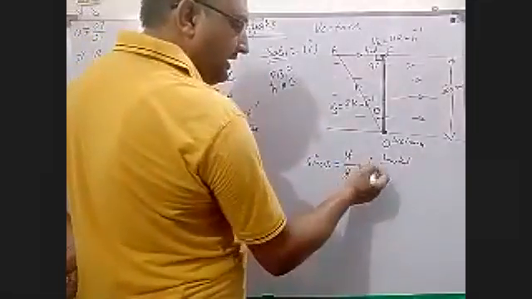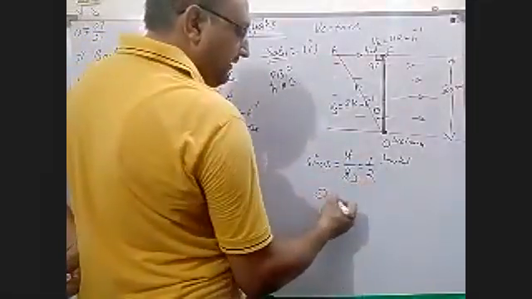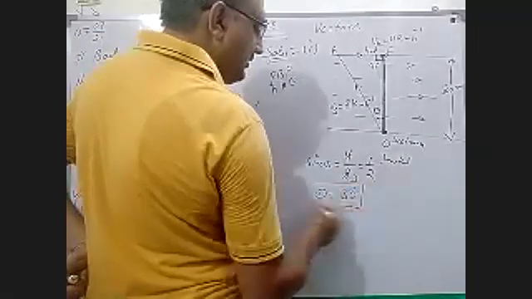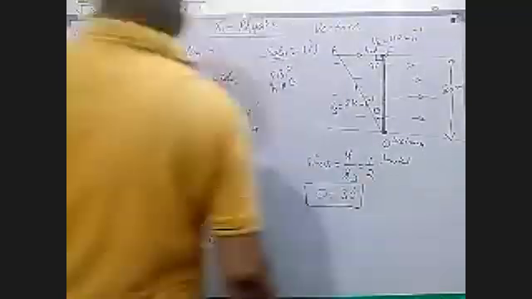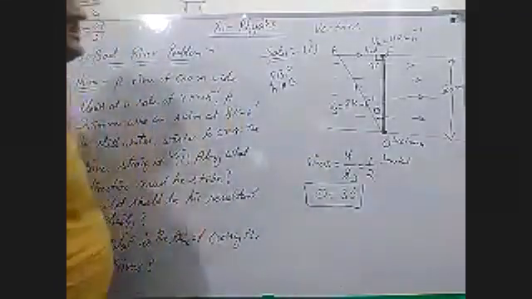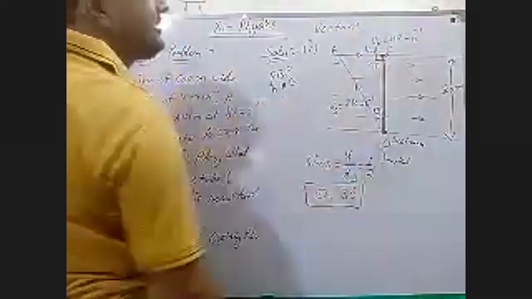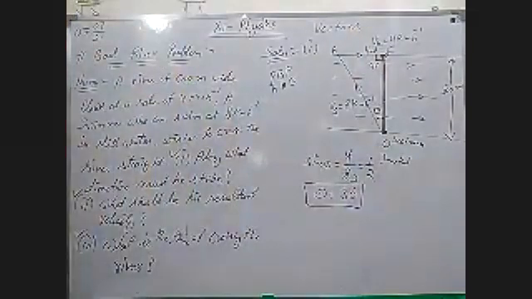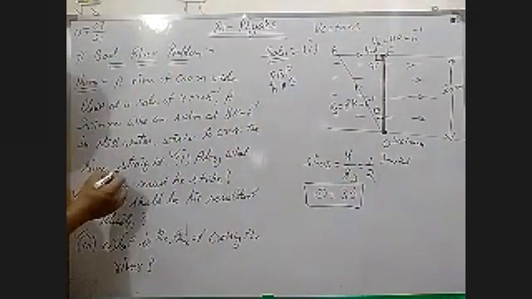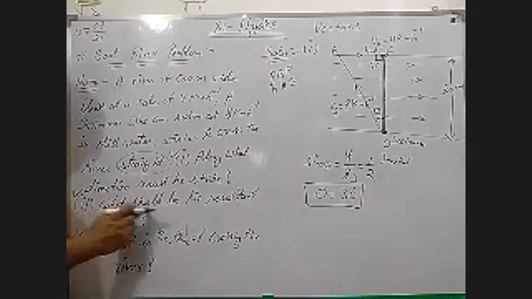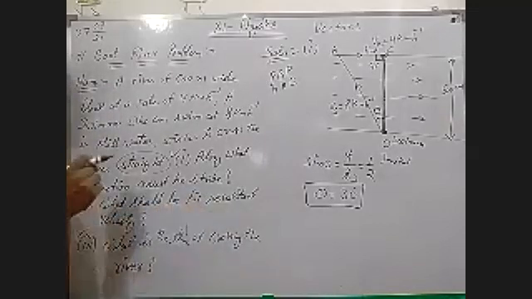Whenever you can take this value 1 by 2, the value of theta is 30 degree. So if swimmer puts efforts in 30-degree direction with this velocity, then it will reach at point C, and the straight path can be covered. Now the next, what should be his resultant velocity?